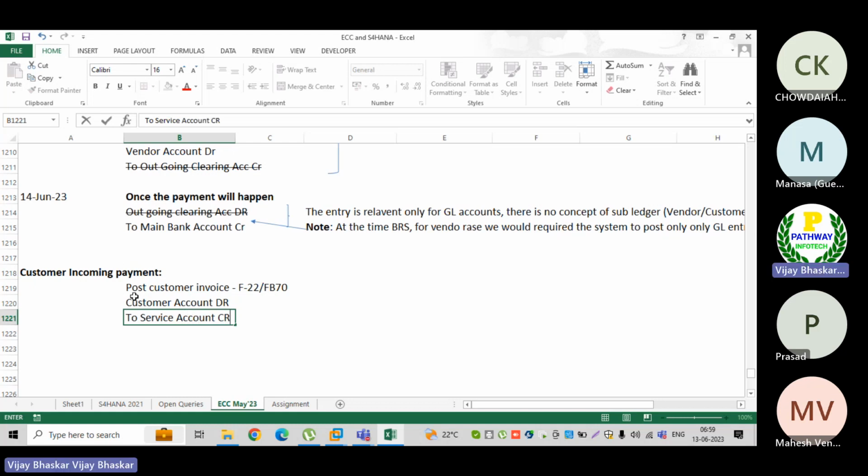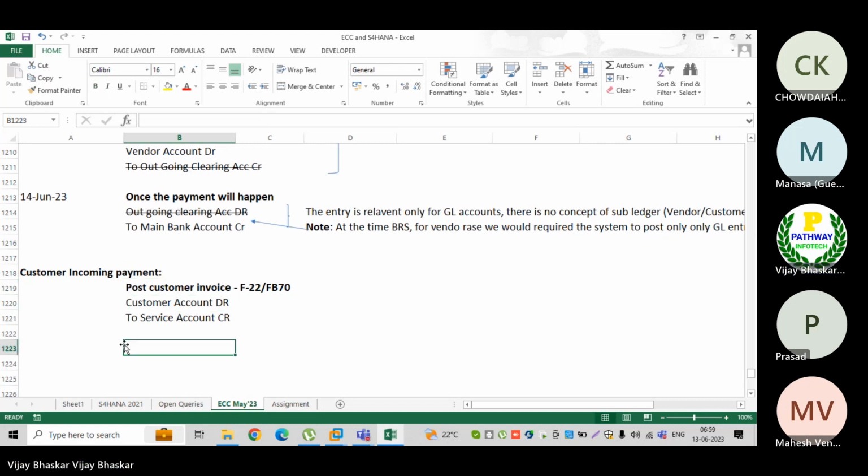Service account will be credited since I am providing service to customers. Okay, because I cannot post the sales related entries directly in the FI. If I want to perform any sales related entries, I have a separate module, sales and distribution, for which we want to do the integration. Then